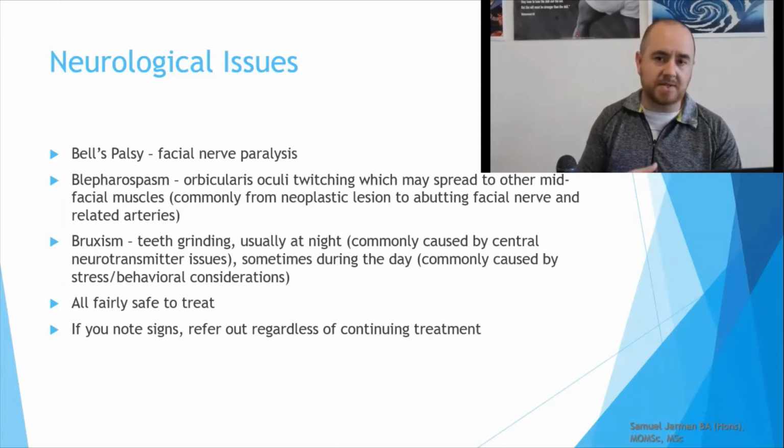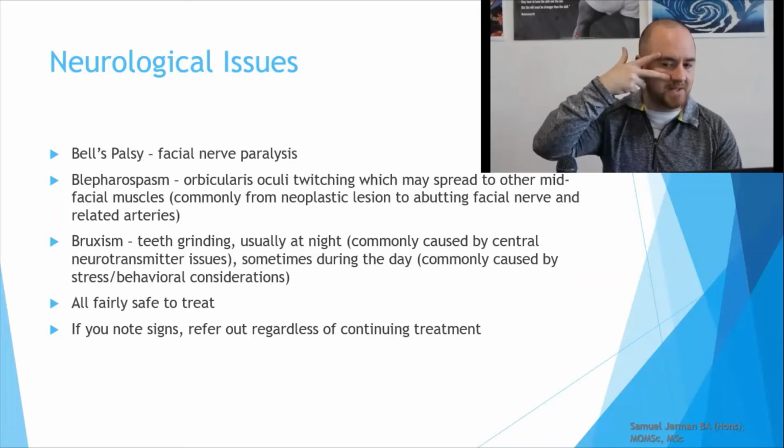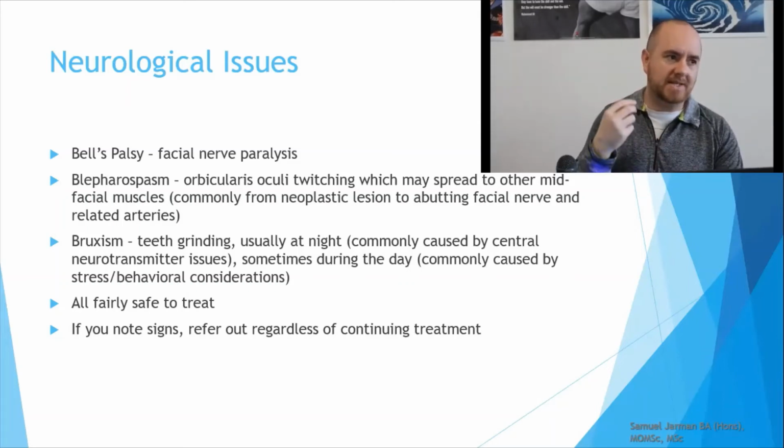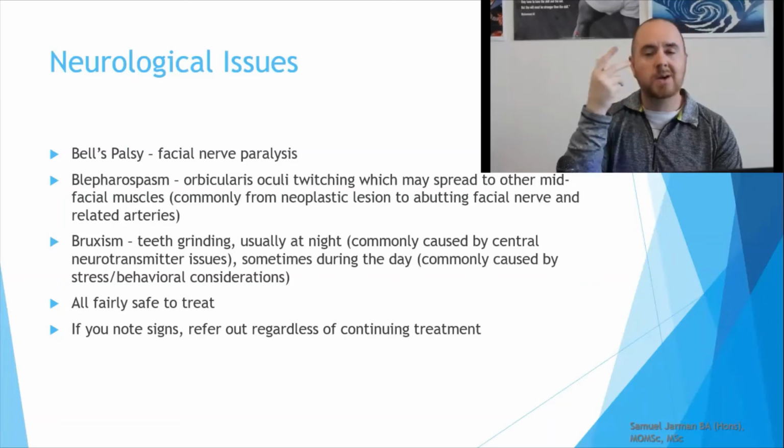Now, the thing about orbicularis oculi is it gets branches from the temporal branch and the zygomatic branch. So basically you'll see stuff through here twitching, which means that it is not necessarily going to be central. It's not going to be the whole facial nerve. It's going to be something between here and here, which is going to be tougher.